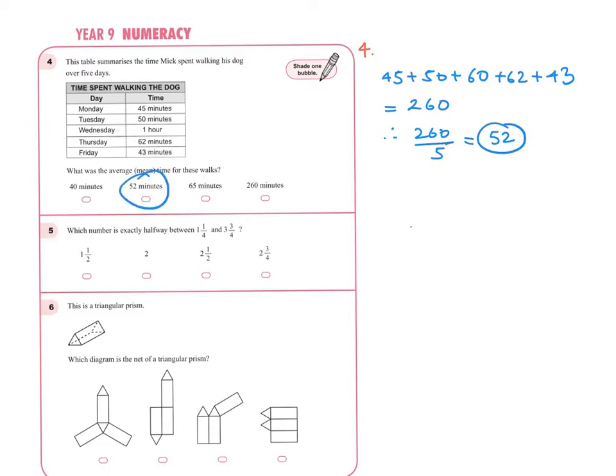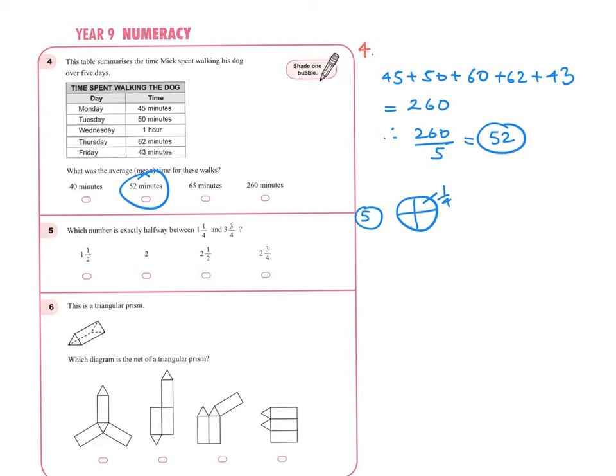Beautiful. Question 5. Which number is exactly between 1 1/4 and 3 3/4? So, quarters. Okay, I'm just going to use circles here. This is 1/4, another quarter is here, another one here, another one. So we have 4 quarters altogether. If we have 2 quarters, it would be 50%, would be half, but we have 1 quarter, which means the